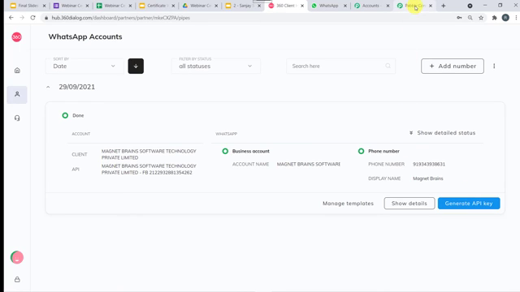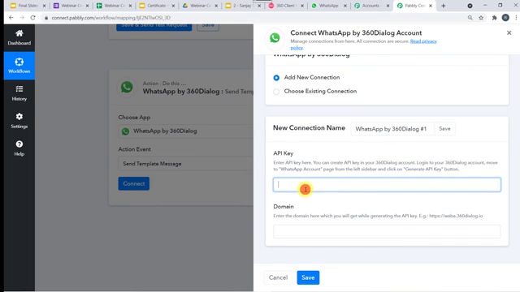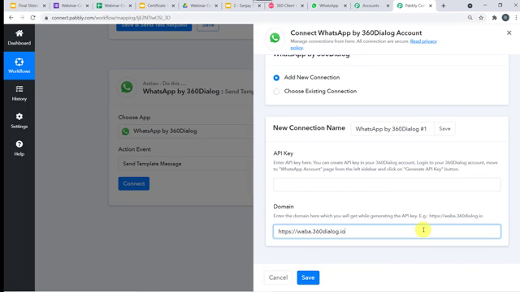So let's move back to Pabbly Connect and here we have to paste the API key. Now the domain, enter the domain here which you will get by generating the API key. Example is also given, that is https://waba. So I'll just copy this and I will paste the domain name over here. Whenever our account is approved, we get this particular domain name by default. In your case, if you get some other domain name, so please paste that domain name over here. In my case, I have received this domain name, so I have pasted this over here.